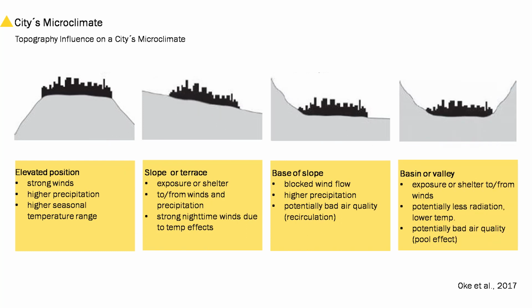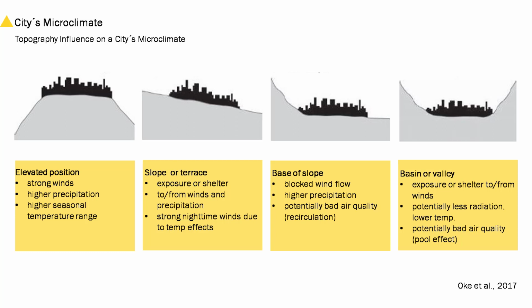When we talk about microclimate, we also have to consider the topographic influence on a place. A city in an elevated position has to deal with strong weather influences, such as wind and rain. Situated on a slope or terrace, settlements are either also exposed to rain and wind or sheltered from them. Additionally, the winds tend to be strong during nighttime because of cooling effects, which means sloped places are pretty well suited for cities in hotter climates. The location in a valley or on the base of a slope brings some problems concerning air pollution, as airflow